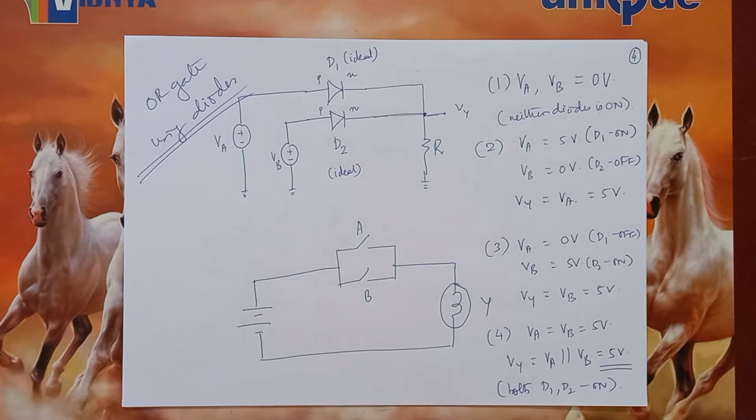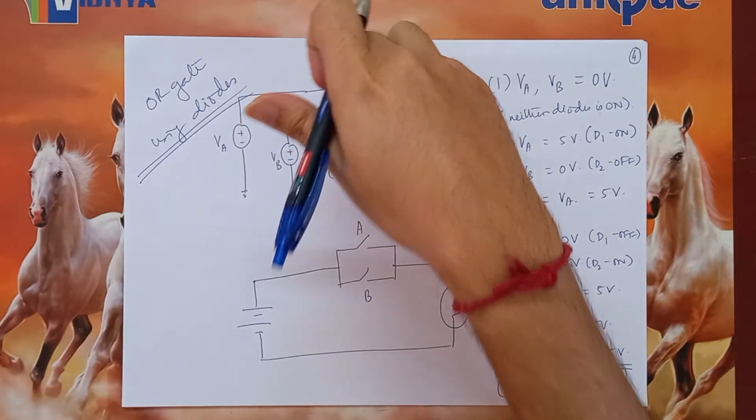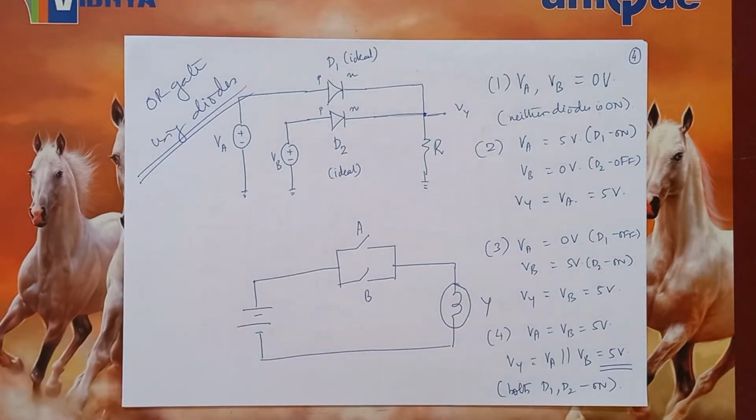In practice, no diode can ever be ideal. So what is the difference between an ideal diode and a non-ideal diode? That is nothing but the junction potential or the built-in potential of the diode, which comes into picture when the diode is forward biased. So therefore, in reality,